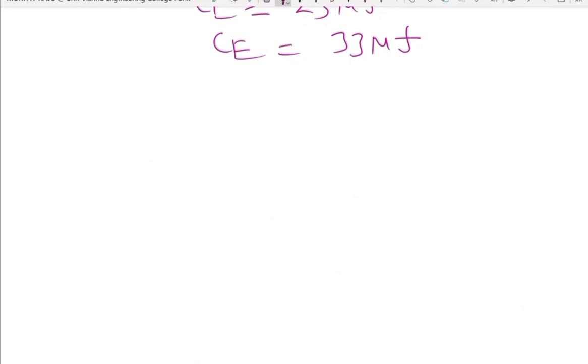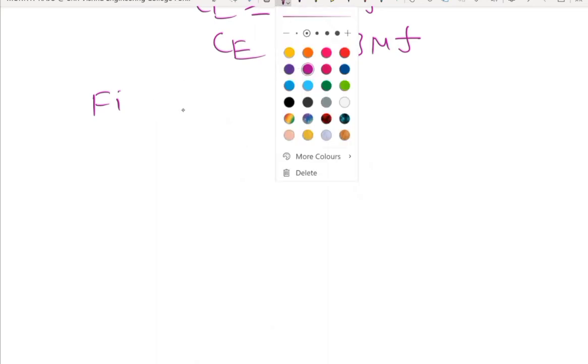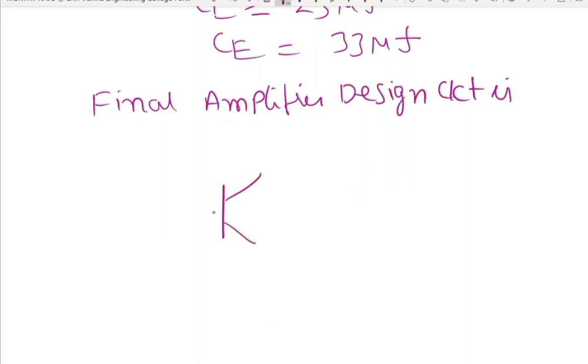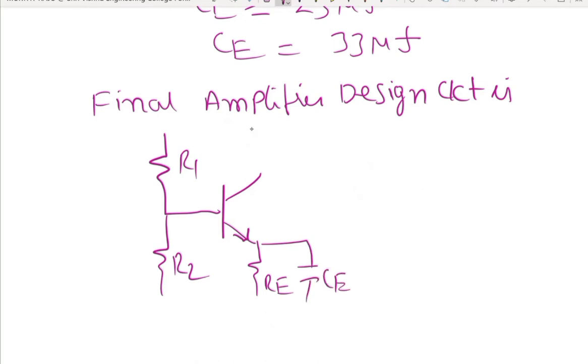Final amplifier design circuit is: this is the transistor, R1, R2, this is RE, CE, RC, C2, this is base, collector, emitter, C1,